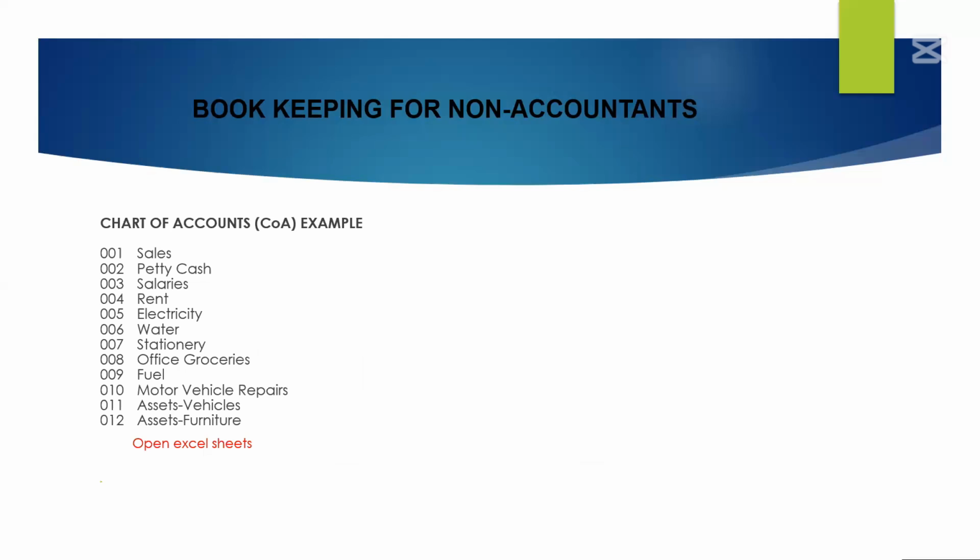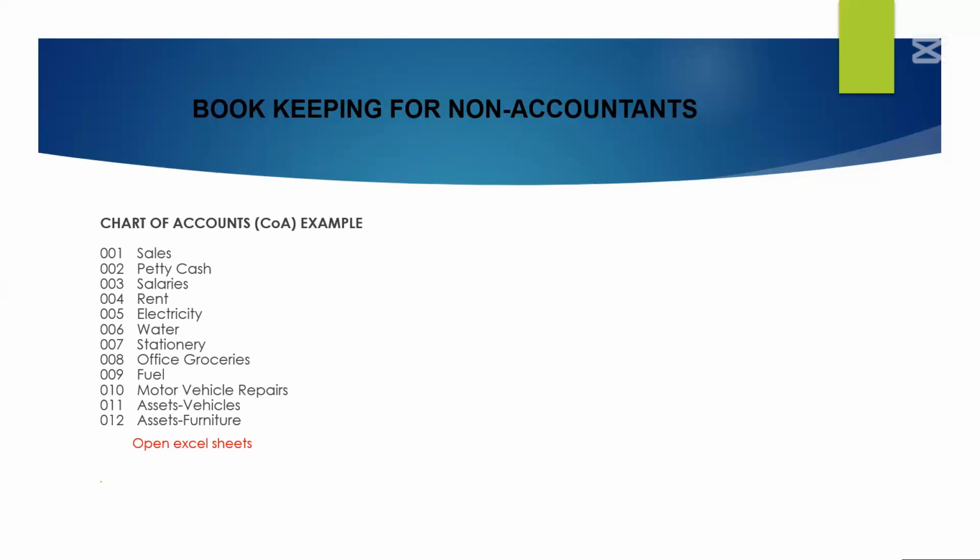And usually, this is the format that a chart of accounts should follow. Every business is different. Every business receives income. So for instance, if you're running a clothing business, you're going to record all income of your sales under 001. And if you have to withdraw money from your bank account for petty cash, you're going to record all that